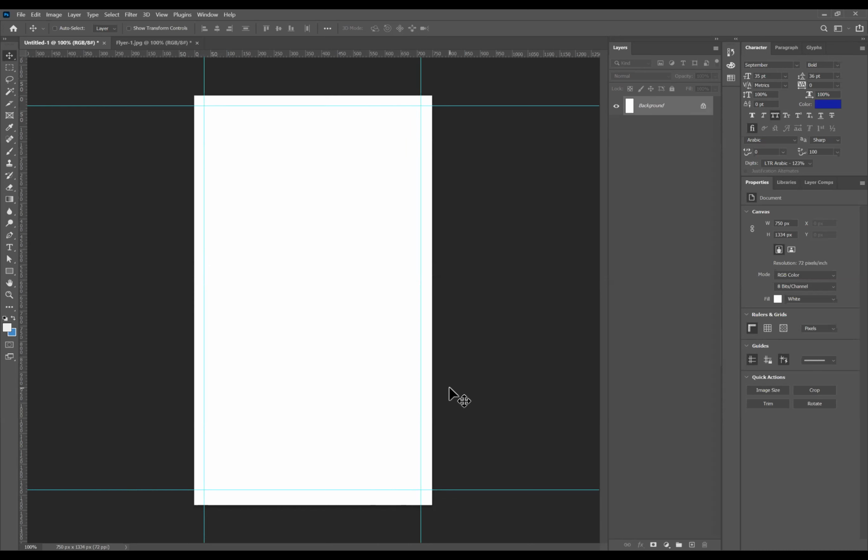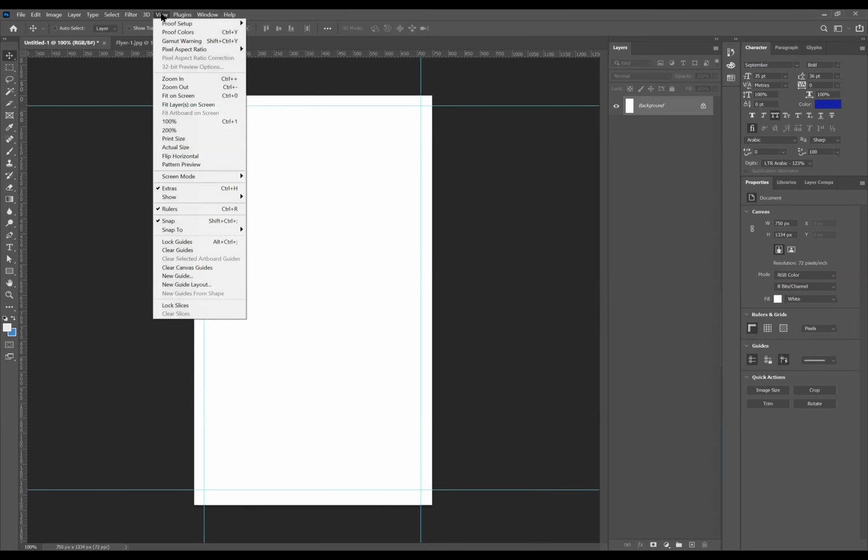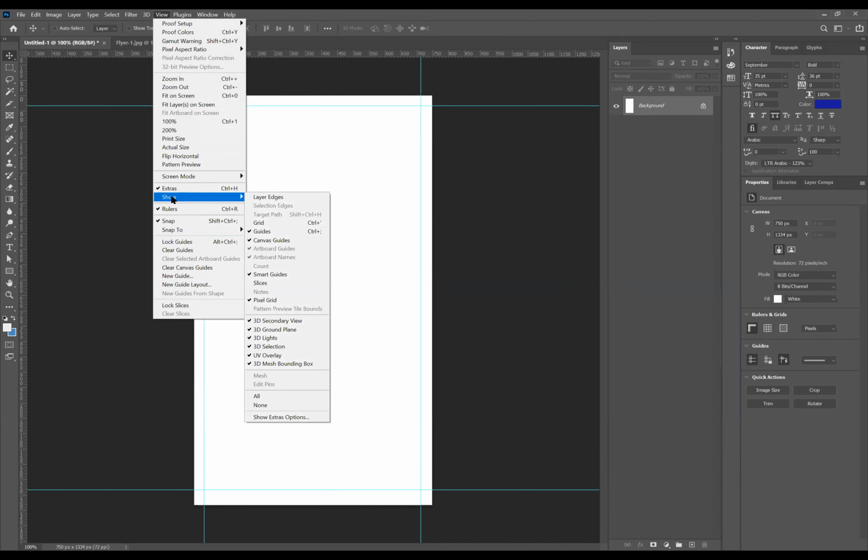This is the first step you have to do before starting any design work. So this is very important. These are all called guides. Whenever you don't see these guides, that means they are hidden. You can go to the View menu, where there is an option to show and hide. See, there is something called Show Guides here. You can also press Control and semicolon to switch between showing and hiding them.